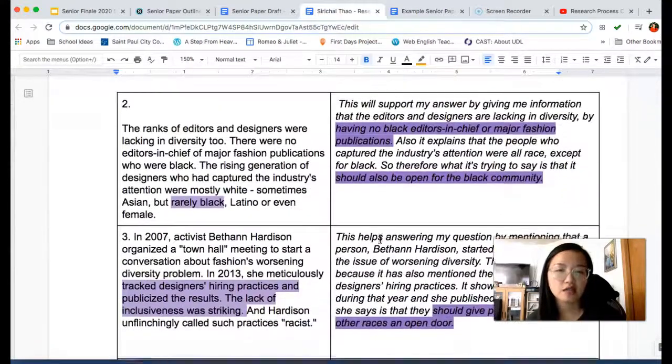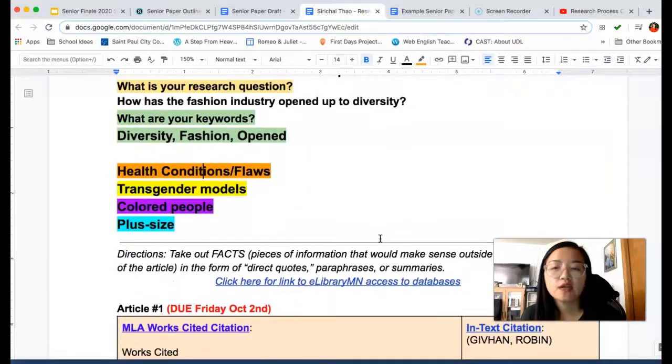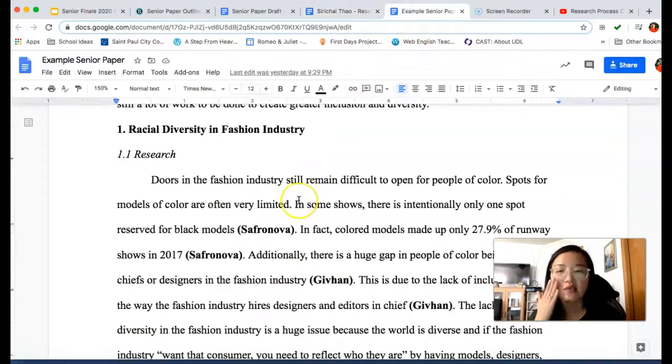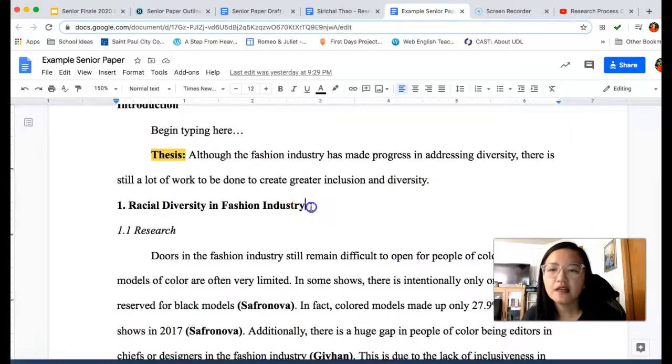that match those colors. Well, now it's super easy to put your paper together because you pick one of the colors, which one do you want to start with, and then you plug it into the outline. So we'll just say for now that his first subtopic that he's going to start out with is colored people, or he wants to talk about diversity racially. And so what he's going to do is he's going to fill in the first subtopic with the color topic